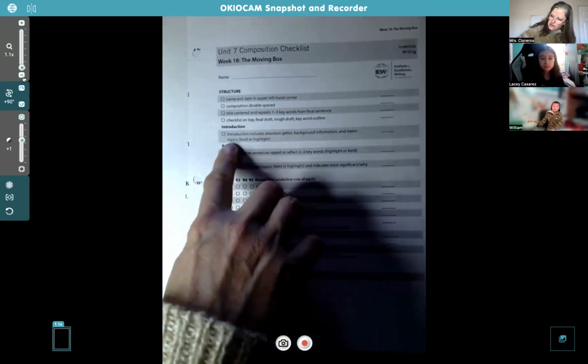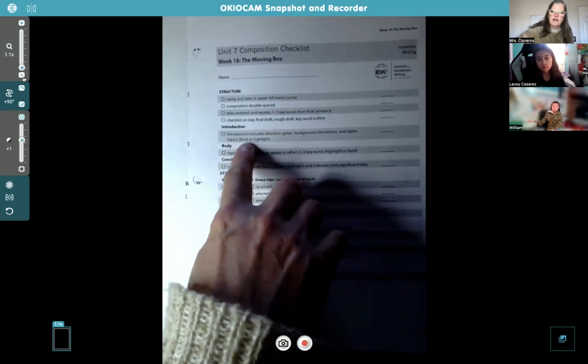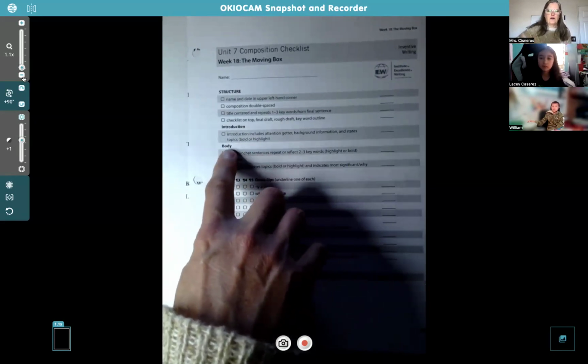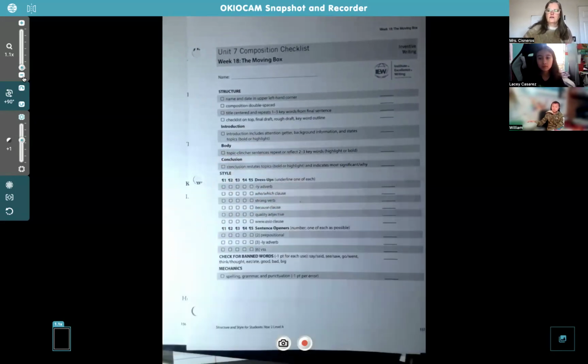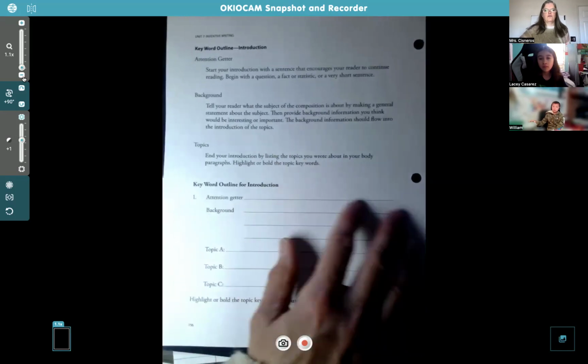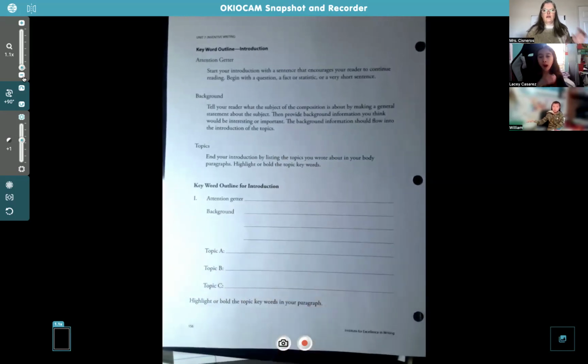Up here, you'll notice you just want the topics highlighted or bolded, not the topic clinchers. That's only for the body paragraphs. Okay. So I know we had to kind of go fast at the end there, but your homework is to finish this. Make sure you finish making your plan and then write your paragraphs. Okay. You guys have any questions before you go